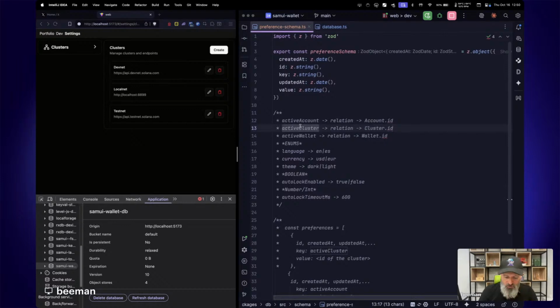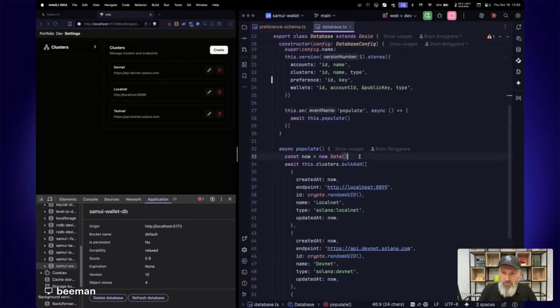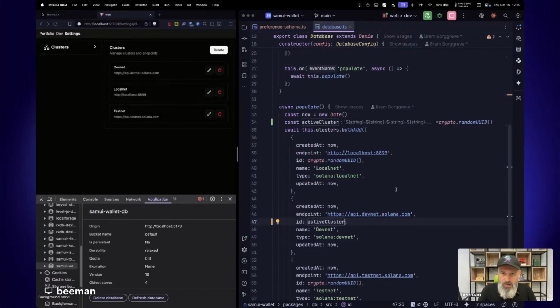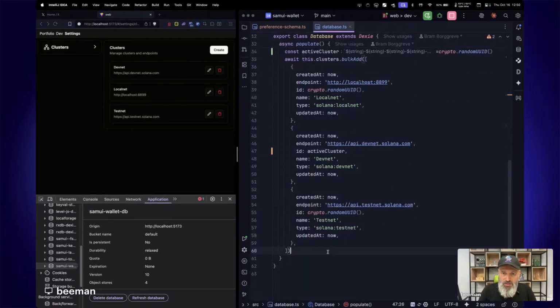And I think I'm going to store this with the active cluster ID. So I'm going to say active cluster ID. We still have a random ID because I don't really care about what the ID is. I do care that it is known upfront. So then afterwards, I can actually say, await